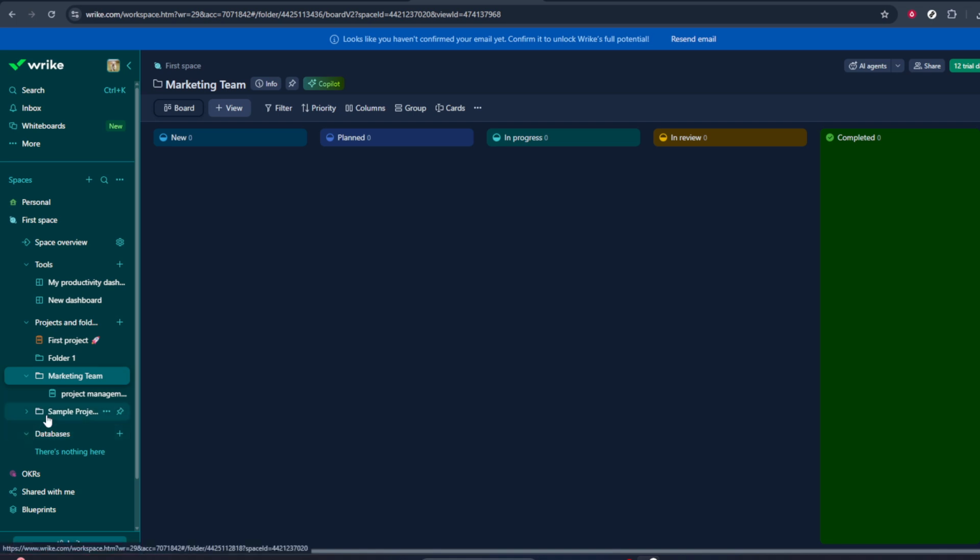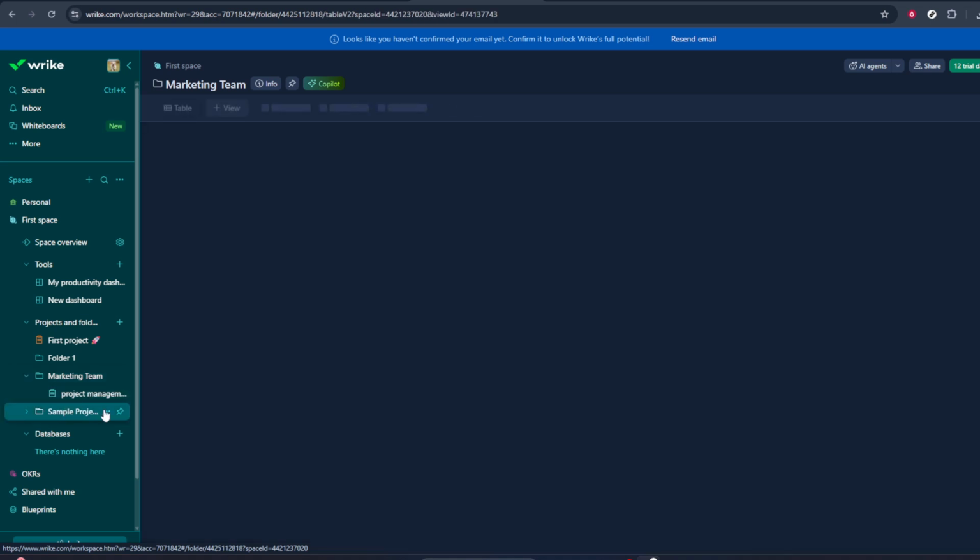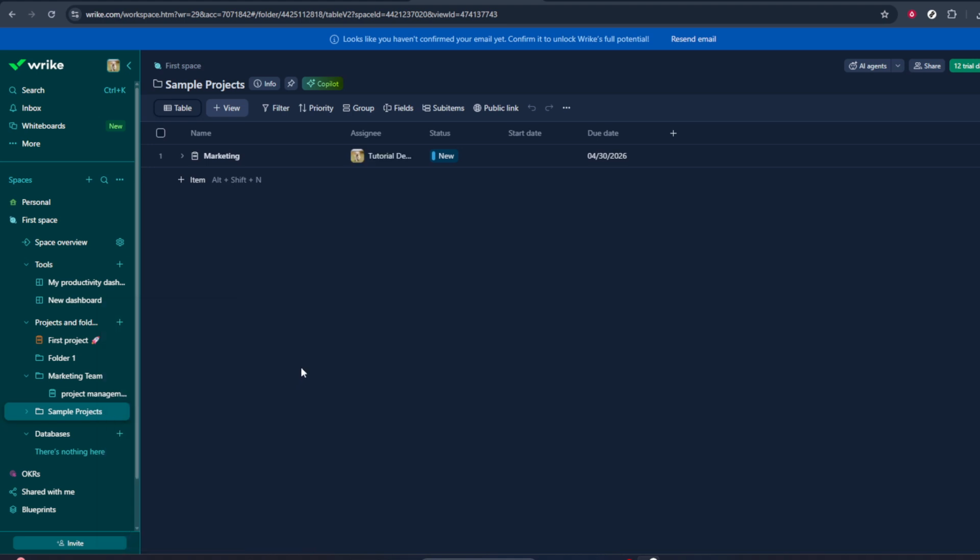As you move more projects into the folder, you'll start to see a cleaner, more organized structure, making it easier to focus on what matters most. And that's all there is to it. You've created a folder,